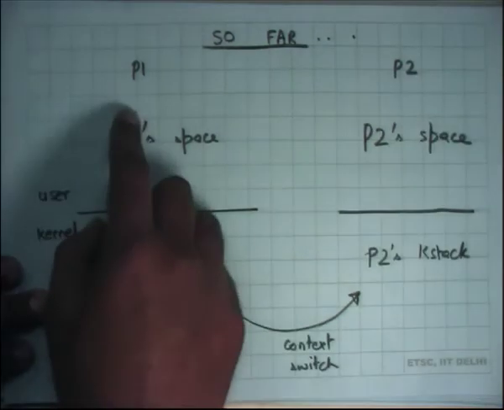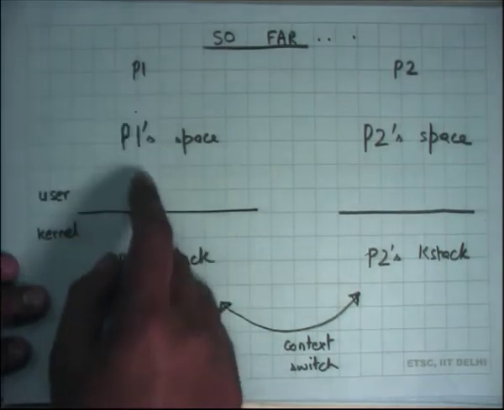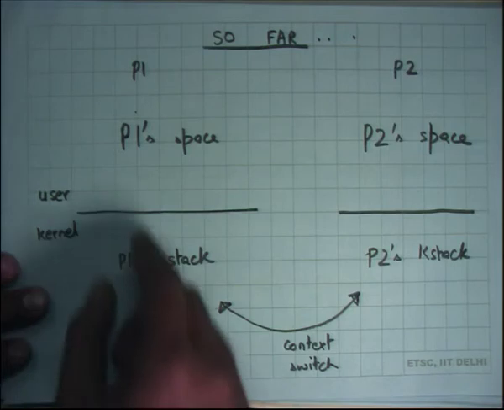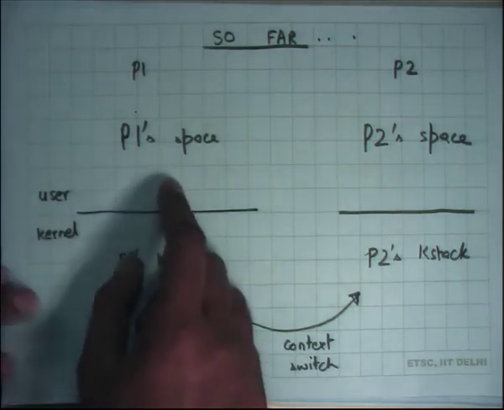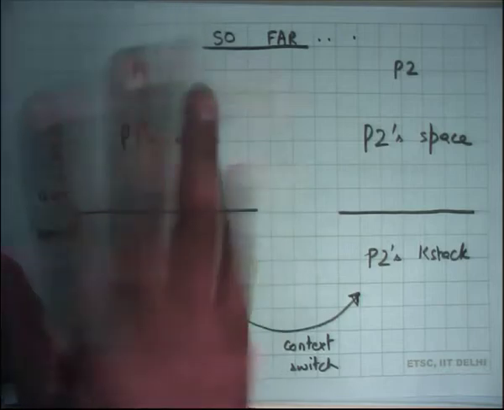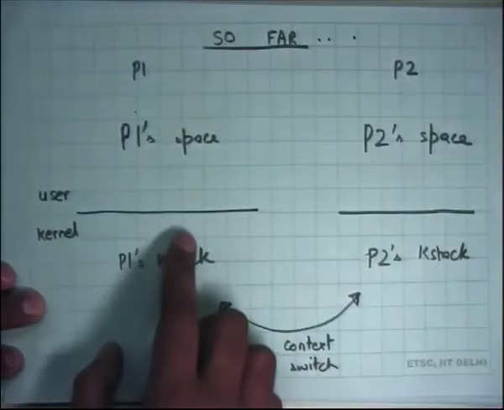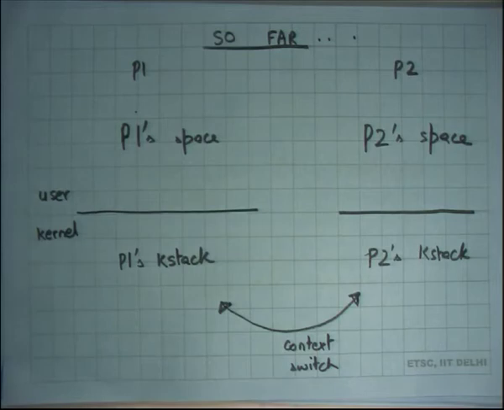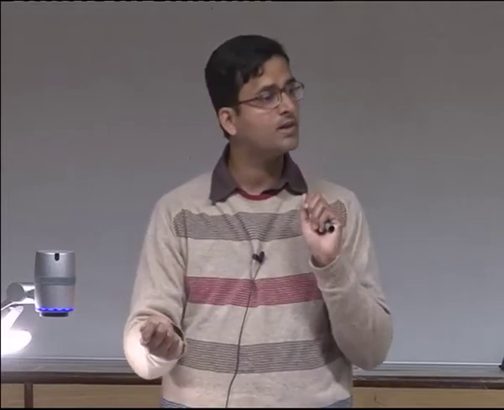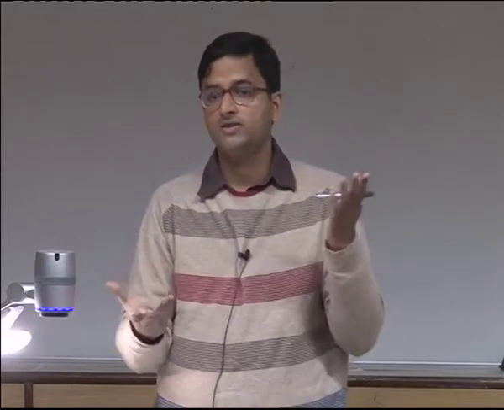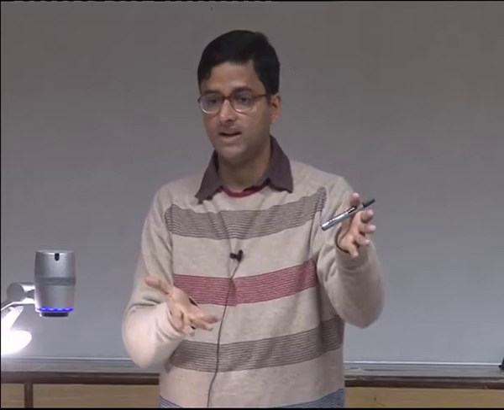Recall that we had made a statement that every user process is also a kernel thread, right? The state of a process also involves the contents of its address space, because each process has a different address space and different contents. The state of a thread typically is just represented by its stack. Multiple threads usually share the address space, so how do you distinguish one thread from another, or what is the context of a thread? The context of a thread is really encapsulated in its stack, right?